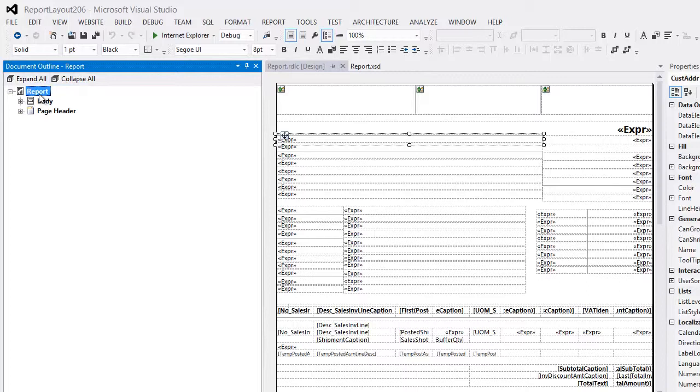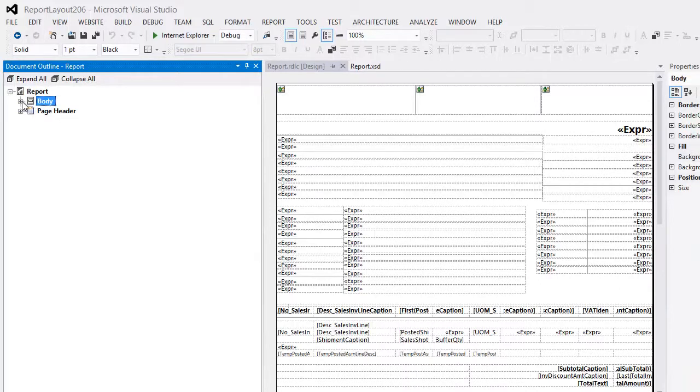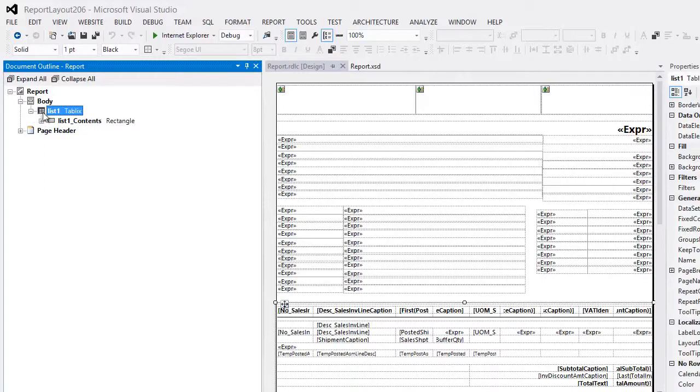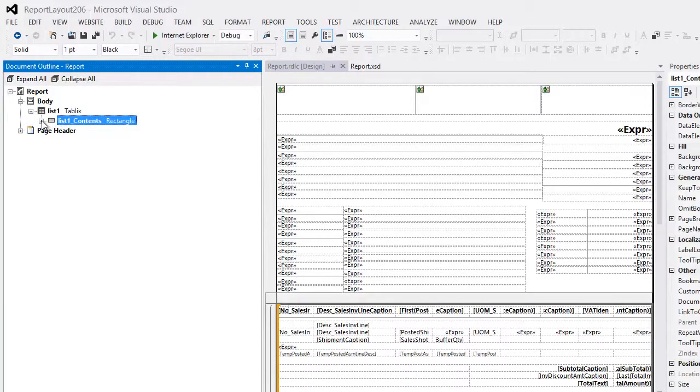First we notice that this report has two main structures, a page header and a body. Expanding a body, we see that the body contains a tablix, which in turn contains a rectangle, which in turn contains a number of sub-tablixes.